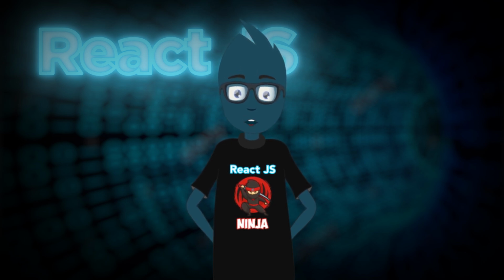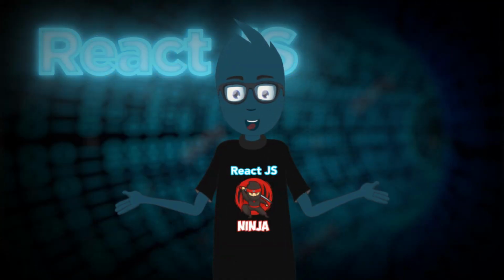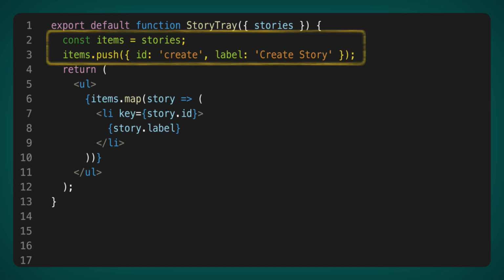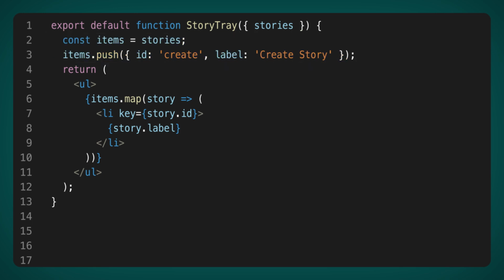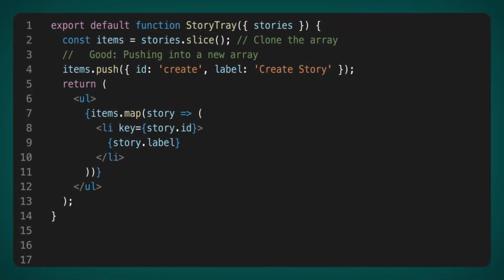The idea is actually very simple and described in the documentation. React assumes that every component you write is a pure function. How can a component not be a pure function? The documentation shows an example with mutating props. Doing a push in the body of a function is considered a bad idea by the React team, and I totally agree with that. And so that you do not even raise your hands to do this, strict mode very strongly highlights this problem. Even simple cloning of the desired object will completely fix the problem. It will even be possible to push calmly, and everything will work fine, even with strict mode.